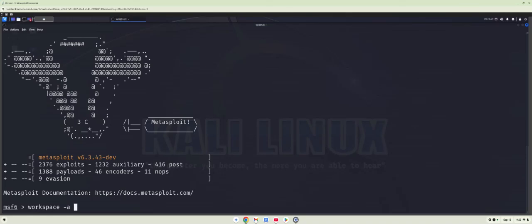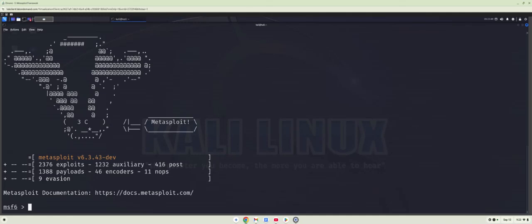Let's say we're doing an FTP workspace. I would create a workspace for FTP, but let's say I also wanted to run an exploit against the SSH port while I'm running that. I would create a different workspace for that, and I could pivot between the two as I'm working on multiple scans or multiple exploits against those particular protocols. But again, we're going to bypass that, and jump right into